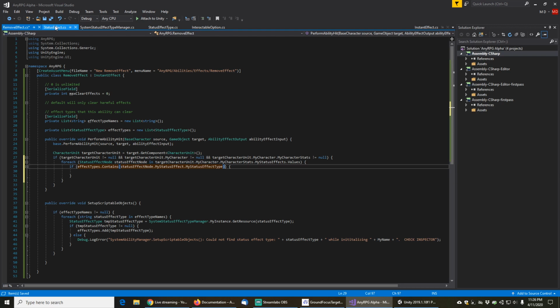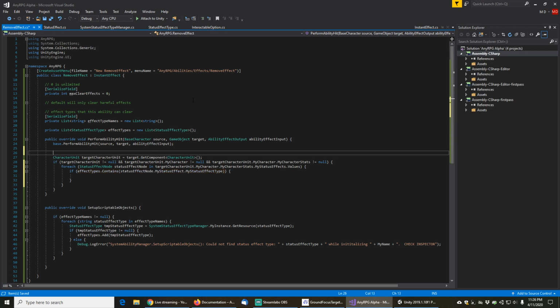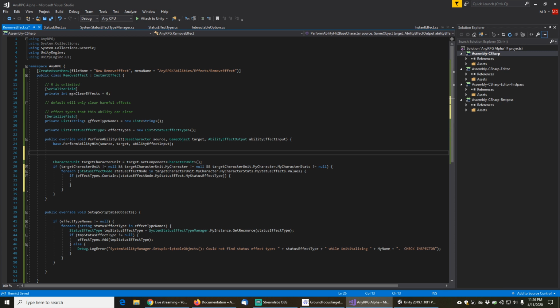Remove effects, you could cast it on an enemy and say remove X number of harmful or beneficial effects from an enemy. So we actually don't want to limit it to harmful. What we want to do is add this to a list so that we can track the list size, and so that we're not modifying this loop while we're in the middle of it, because that basically won't work. So we will need to create a new list of